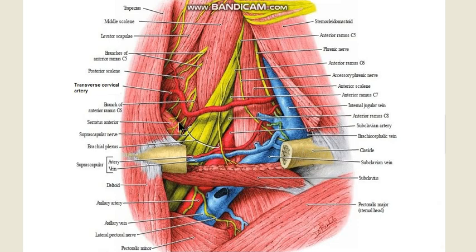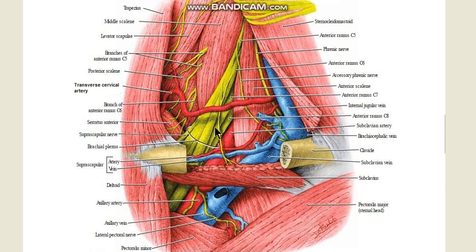We have retracted the sternocleidomastoid and we have cut out a part of the clavicle. So now you can see the scalenus anterior and the phrenic nerve and the trunks of the brachial plexus, and you can see the transverse cervical artery and the suprascapular artery. And you can make out over here these small branches, the nerve to subclavius over here, and you can make out the accessory phrenic nerve also. So only when you have retracted the sternocleidomastoid can you see the rest of the subclavian triangle and actually the chords of the